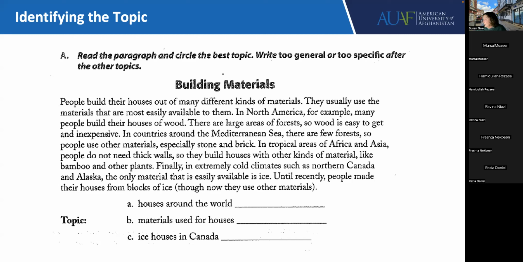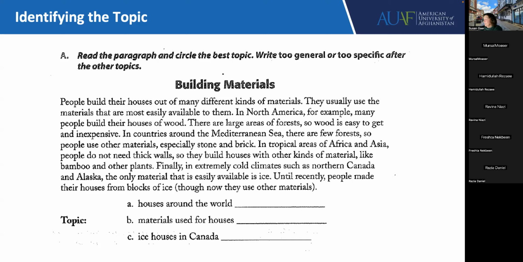Finally, in extremely cold climates, such as northern Canada and Alaska, the only material that is easily available is ice. Until recently, people made their houses from blocks of ice. Now they use other materials.